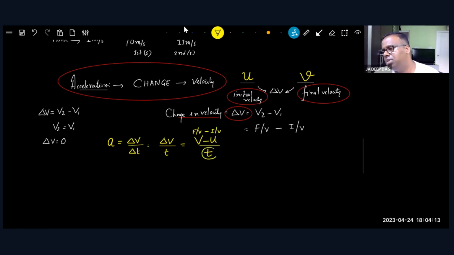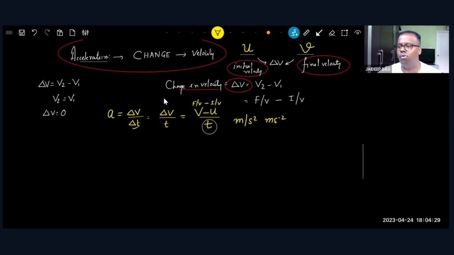Final velocity minus initial velocity over time. This time is the time that has elapsed. That is the change in time. Clear? So far clear? Okay. The unit will be meter per second square. You can write it as m s minus 2. All right. Now,